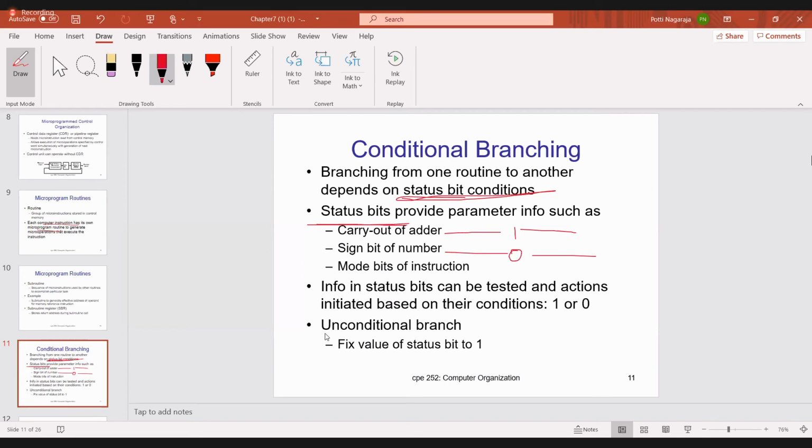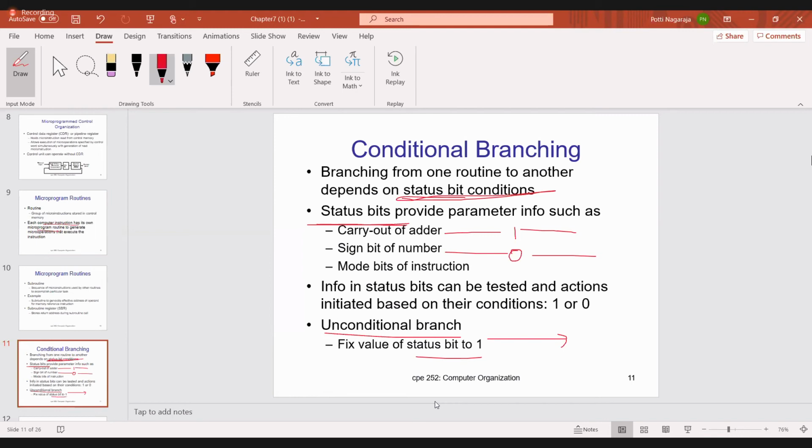Tell me, what is an unconditional branch? In an unconditional branch, the status bit is always 1. Whenever it is 1, we have to go; unconditional means you definitely have to go. An example of unconditional: whether you write the exam or don't write the exam, you have to go from semester 4 to semester 5. Do you understand what an unconditional branch is? Assume semester 4 is program 1. Even if you write the exam or don't, pass or fail, you definitely have to go to semester 5.